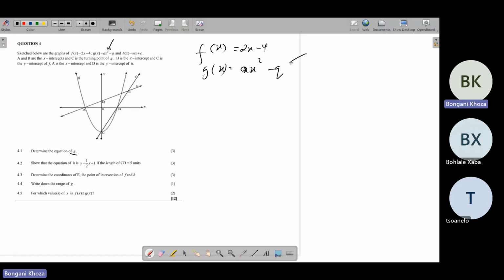So remember, this q value is your y-intercept in this case, but it's just telling us, from the original graph, how many units this graph shifted by, whether it's upwards or downwards. So since this point is being shared by f